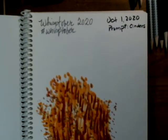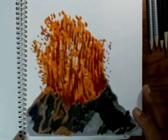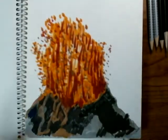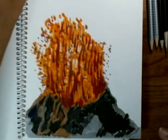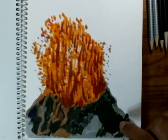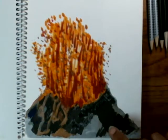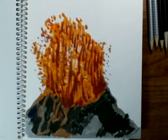So I just went on to Google, typed in cinder cone volcano, and I found this picture right here. Well, it's not the picture, it's my drawing of the picture. But I found a picture of a cinder cone volcano that was exploding, that was erupting. So, let me move my medicine out of the way, it's getting on my nerves. So, I did all the outline using my Copic